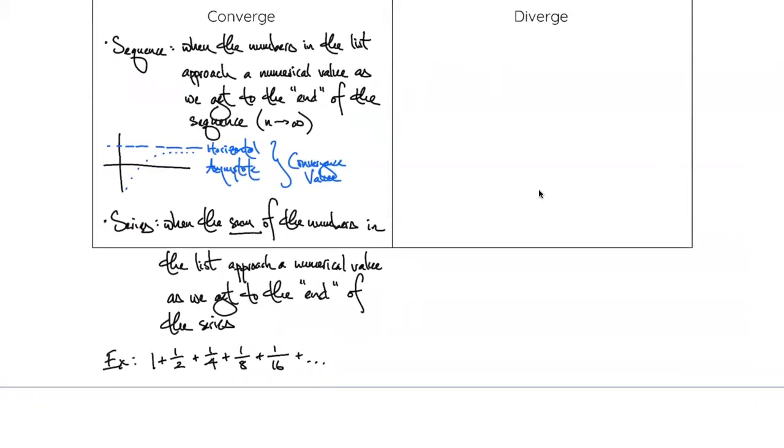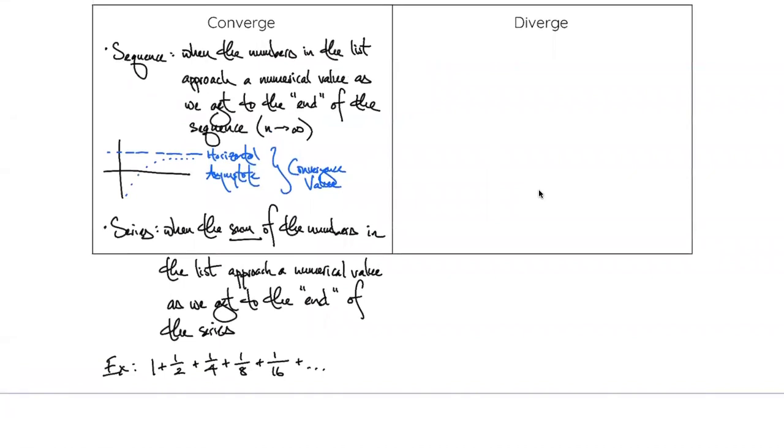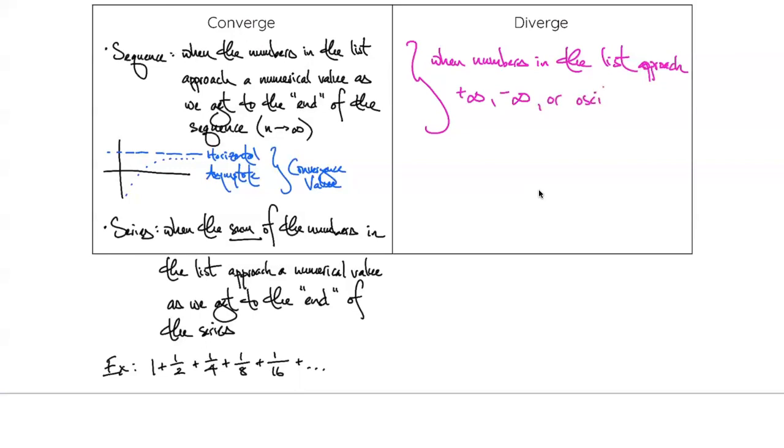So that's what we mean when we're talking about convergence. And divergence, we can almost just say, is going to be the opposite. So when these things are not fulfilled, okay? So a sequence diverges when the numbers in the list approach positive infinity or negative infinity, or they oscillate. Okay, so you might imagine a situation where